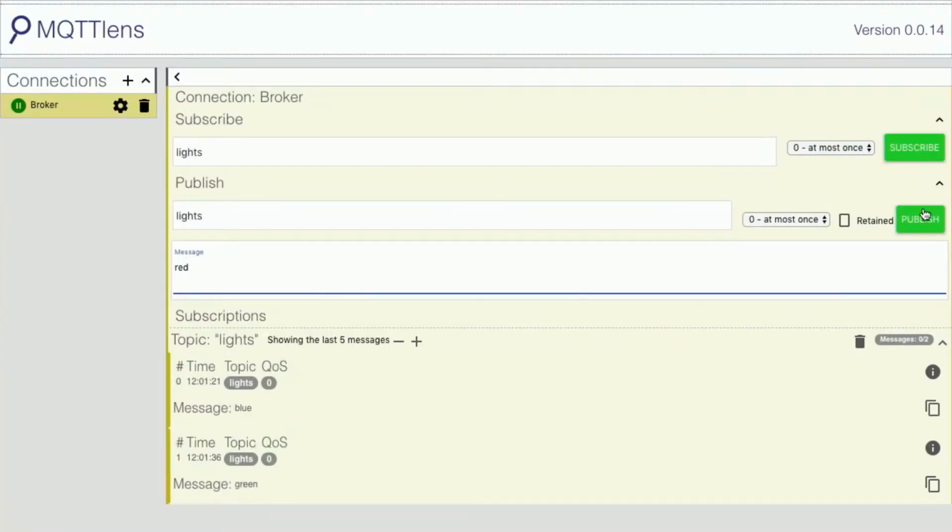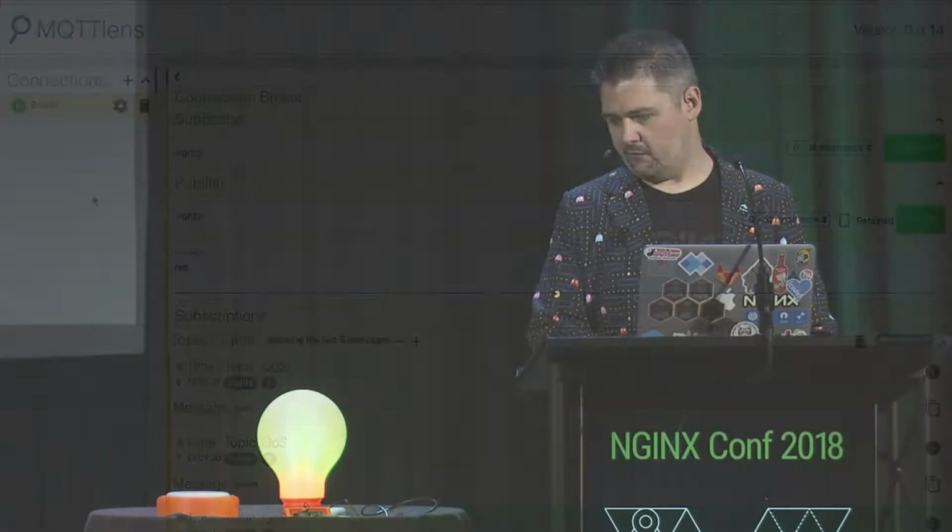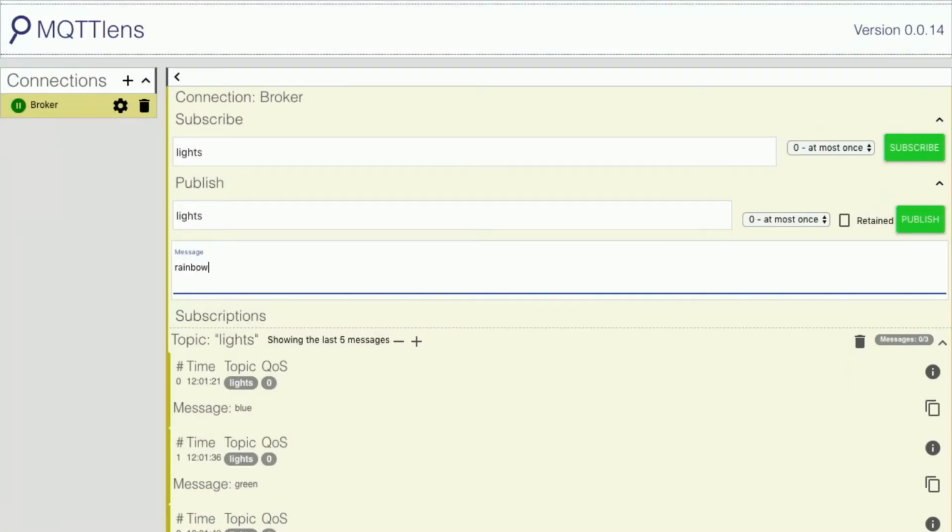And then there's a few other things we can do with that as well, like programmed in to go red. So that should make it all go red. Yep. And then the final one is a bit of a feature with this one. If I hit rainbow, we should get a bit of rainbowness happening. Yeah, there we go. So the feature with this one, and this is kind of one of the things you need to be mindful of with the Arduino loop, is I basically get it to change multicolors for about 20 seconds. The problem is while it's doing it, it can't listen to anything else. Totally feature, not a bug.